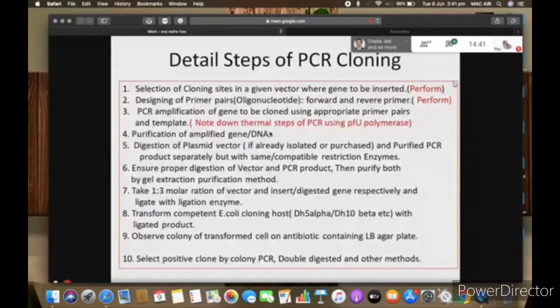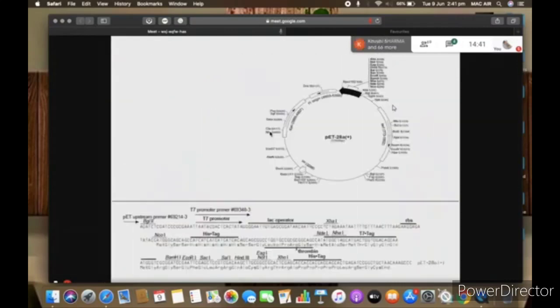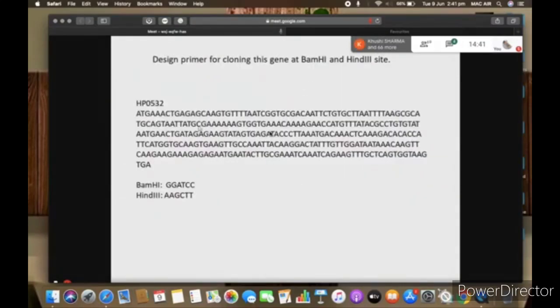Then second is designing the primer pair, because I have already said that we are going to do PCR cloning. So we have to design a primer. How many primers are required for PCR? Two. Forward and reverse primer. Now suppose you have to clone at the BamHI and HindIII sites.